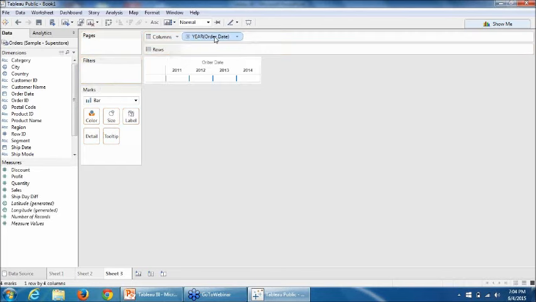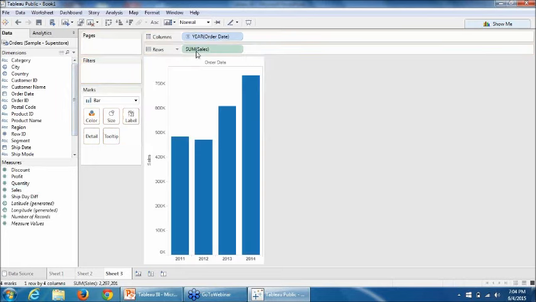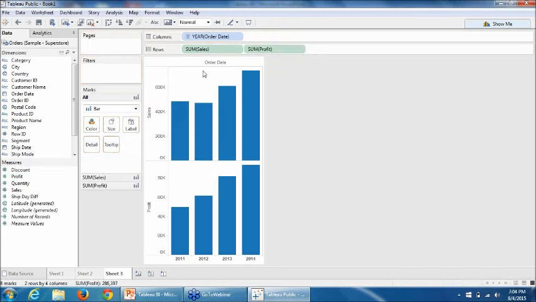I want to see my sales and profitability in 4 years. I just want to compare, let's say, what the sales and profitability performance has been in 2011 and 12.